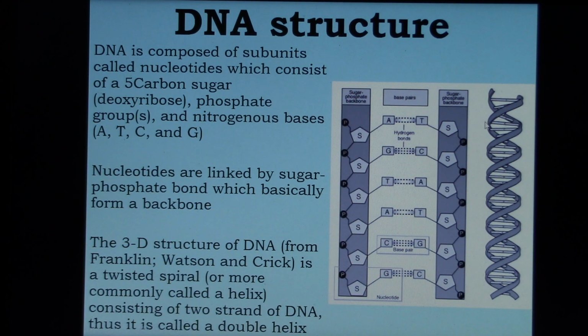If you think of this as a ladder, okay, let's think of this as a ladder. What we have are two sides of the ladder. And the structure of the two sides would be sugar phosphate bonds. See that? Sugar phosphate bonds. Same thing on the other side, sugar phosphate bonds. Okay? Then the steps would be base pairing between the nitrogen